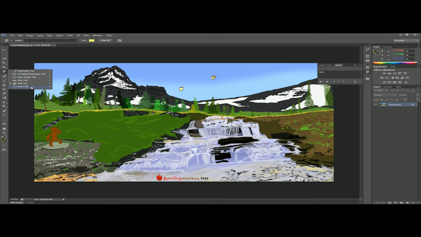Alright, so now the count tool, which is the last tool here, and I'm assuming this one would just help you do something with like steps or something, because basically it just puts numbers down. So as you can see, 1, 2, 3, 4, 5, 6, 7, 8, 9, 10, and so on and so forth. Now when I saw this tool, I was thinking maybe they meant to use this for creating those drawings where you can